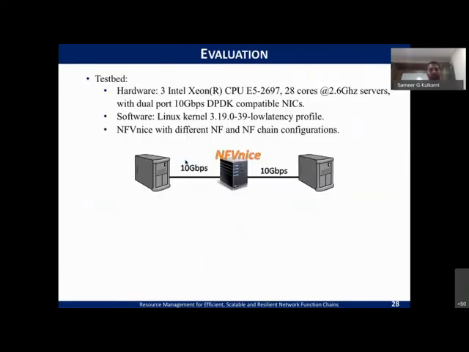So we tried to say, okay, we implement this and then we want to see how it behaves. Right? So our test bed here is basically the source and the sink nodes that are trying to generate traffic. And we have enabled NFV nice on this Linux server here. And all the three servers are typically the Intel Xeon machines with 28 cores running 2.6 gigahertz. And we try to manipulate only the network functions here and see the impact on what's the input rate and what's the output rate that you achieve.